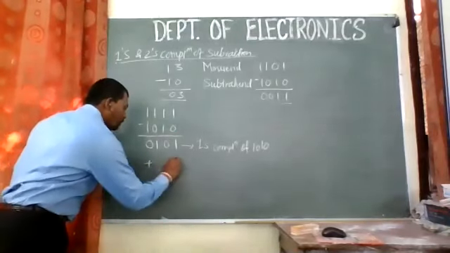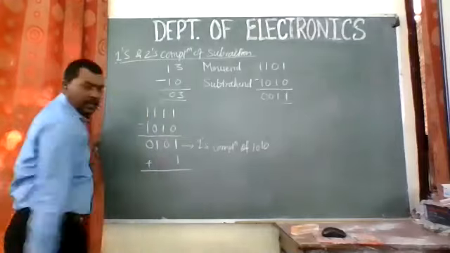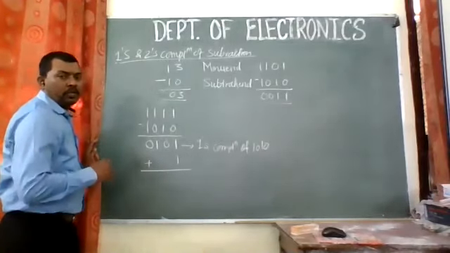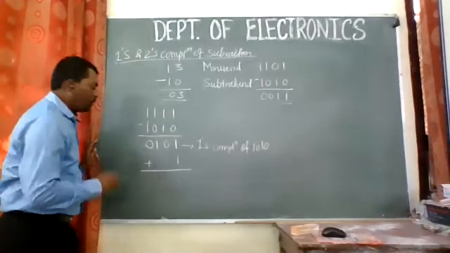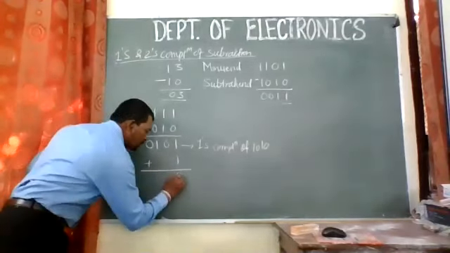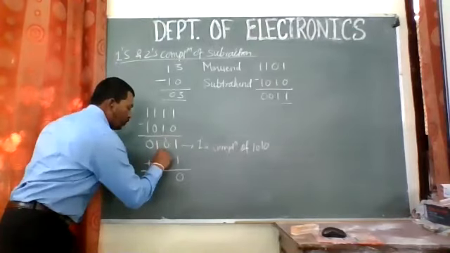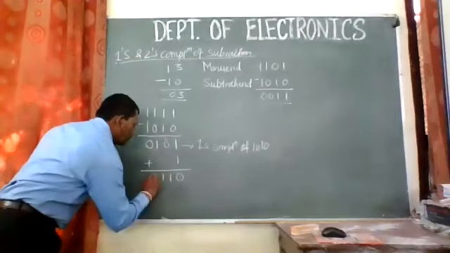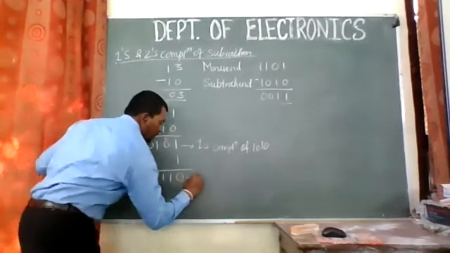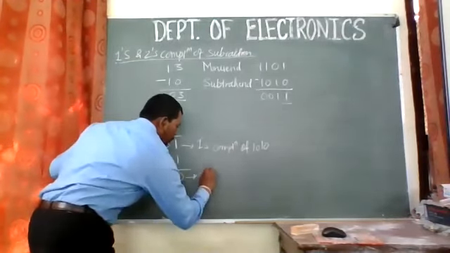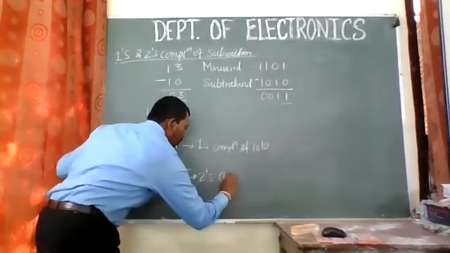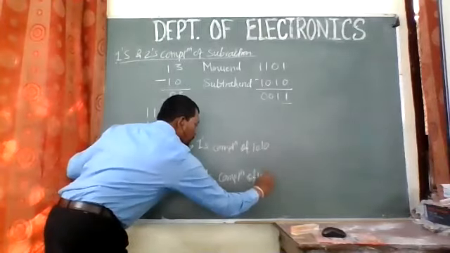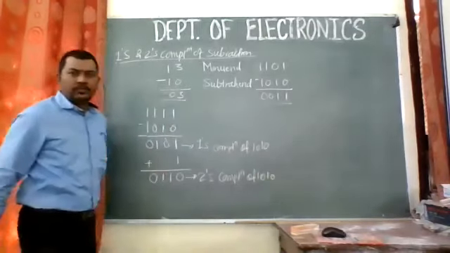Now, if you add 1 to this number again, then the number which we derive from this, we will be calling the twos complement. So 1 plus 1 is 0 with a carry 1. So 1 plus 0 is 1, 1 and 0. So now this number which we have derived from here, we will call the twos complement of 1010. I guess it is visible.